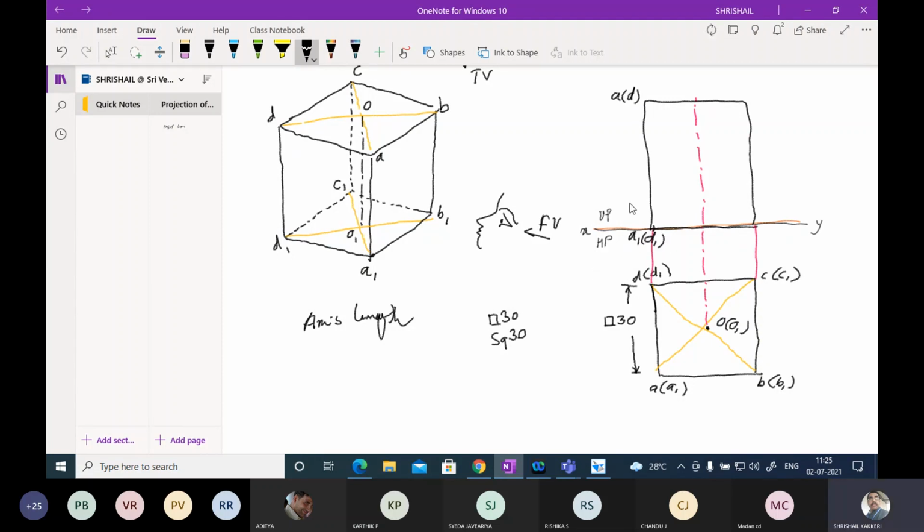D1 will be there. And since it is a front view, it should be dash. Similarly, B dash in bracket C dash, and similarly B1 dash in bracket C1 dash. And O and O should be written in the bracket, because the O will be here, but the axis itself is imaginary. I need not write it. So this is how we are going to represent it.